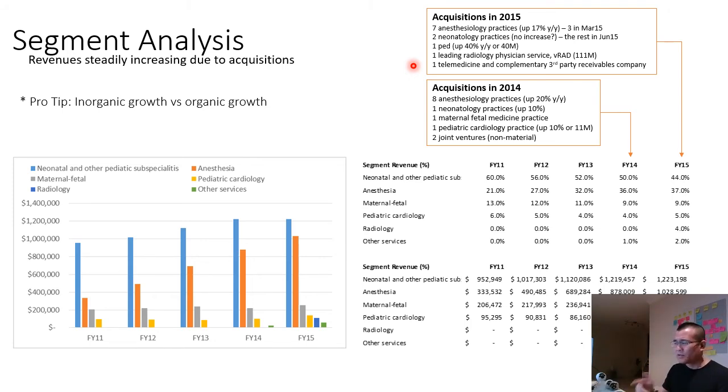So it told me either these acquisitions aren't accretive, or they're not performing, or they just can't integrate well, or there's no synergy. Something's not quite right. So this gave me a forewarning that future earnings are going to change because they kept borrowing and borrowing and borrowing. At a certain point, you cannot borrow anymore. And if you cannot grow by acquisition, and you cannot grow organically, then there's going to be some